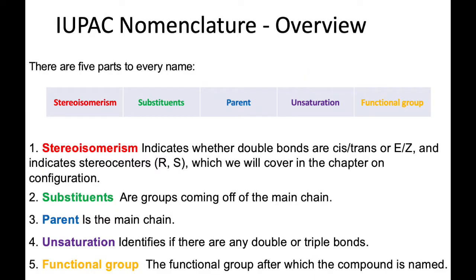Every IUPAC name is organized in the manner shown below. At the very beginning of the name is the stereochemistry, followed by the substituents and their locants. The center is going to be your parent, so that's the longest carbon chain. Then we are going to indicate any unsaturation in the molecule. And finally, the suffix at the end is going to talk about the primary functional group of that molecule. Stereoisomerism, that first category, we will learn in the next chapter, but everything else you'll be required to know for